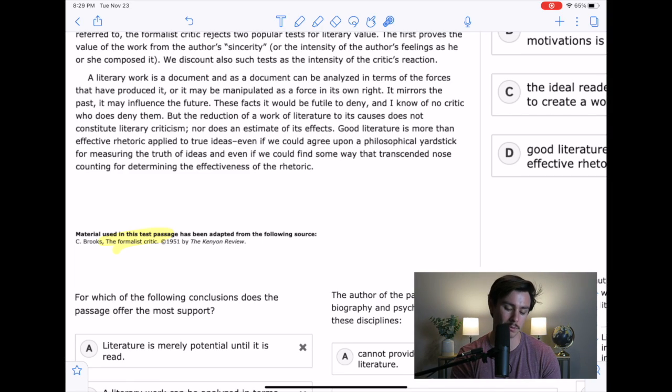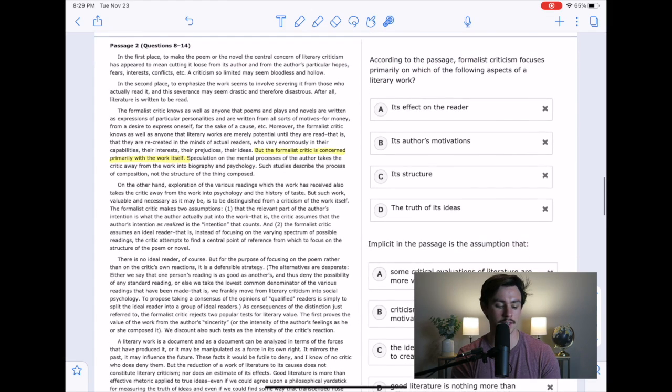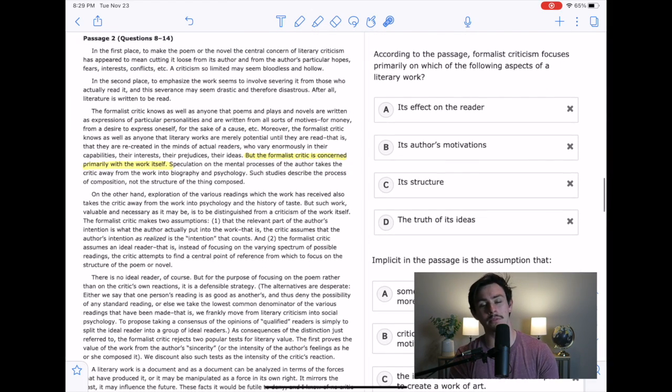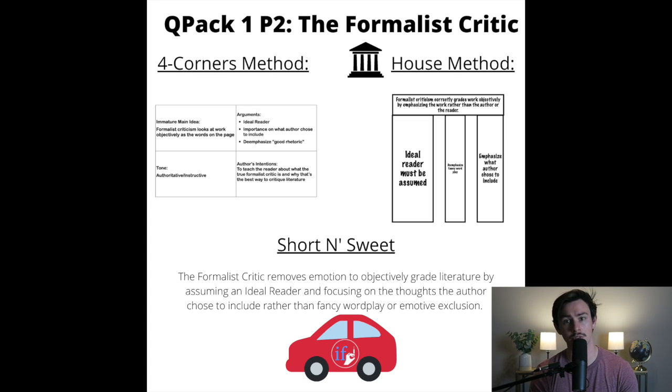So that's the whole passage. So I'm going to throw up the three different stages that I have my students progress in CARS, as far as what these passages should look like. But the one that I'm going to use to answer the questions is the short and sweet method, where we just identify a main idea. And that main idea, even though it's different on the screen, is going to be something along the lines of